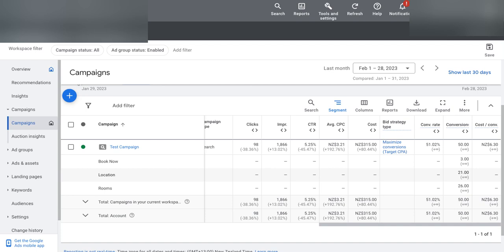And then Google's algorithm, not through its own fault, really, because ultimately it's just a computer doing computery kind of things, is taking this data of people clicking on the nav menu link for the location or clicking on the nav menu link for the rooms for this particular accommodation provider and thinking, well, these are great conversions coming in, because I'm just taking the data I'm being told to look at. It's optimizing the ads for people who are more likely to click on a room page or click on a location page, and it's being given a cost per acquisition, a target CPA